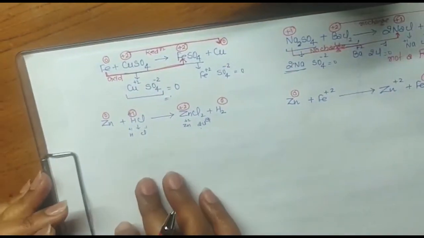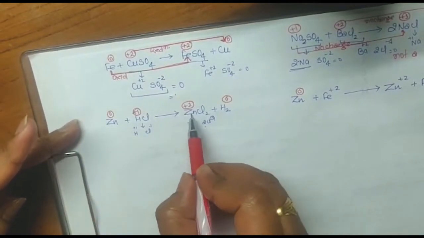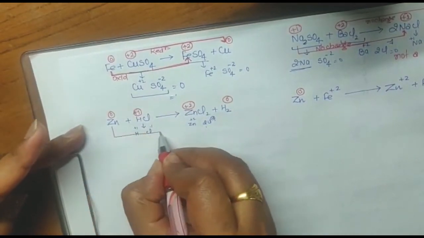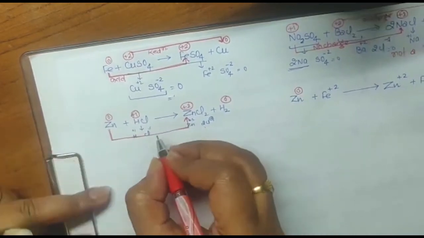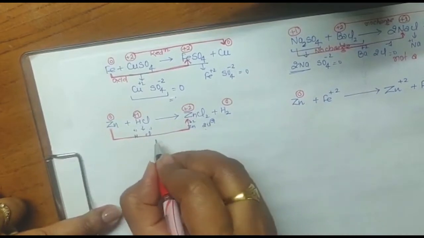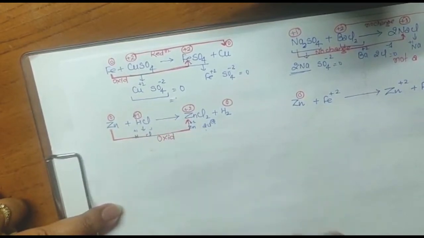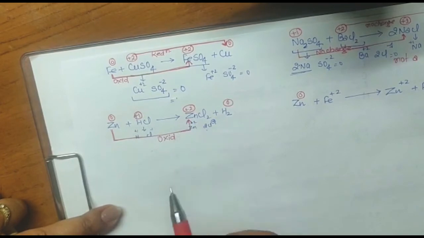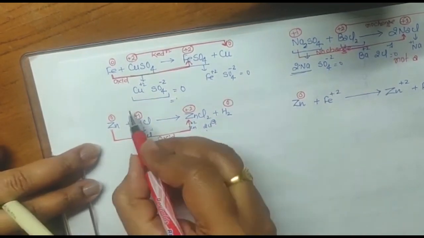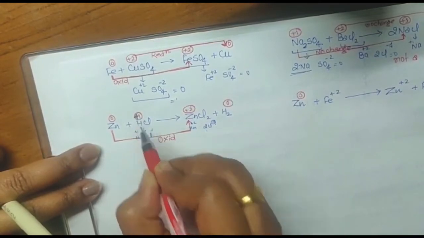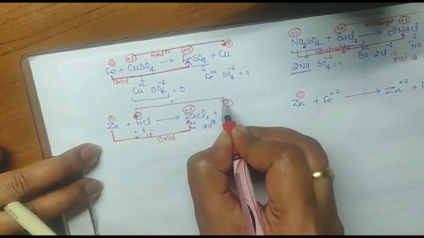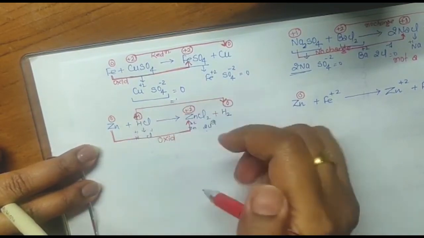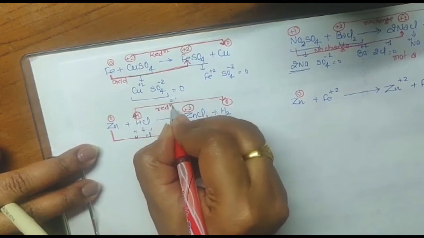Now next. What is happening here? Zn 0 and Zn plus 2. 0 to plus. So what is happening here? Charge is increasing. If positive charge increases, what will it be? Oxidation. Isn't it? 0 to plus 2, charge is increasing, so it will be known as oxidation. Check the other one. H is plus 1 over here and H is 0 over there. So positive charge is decreasing. Got it? Positive charge is decreasing, so it is reduction.